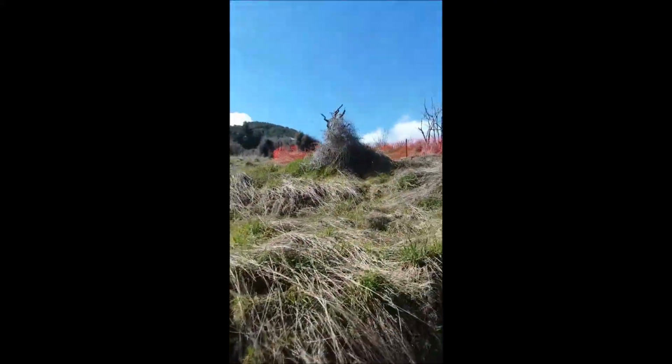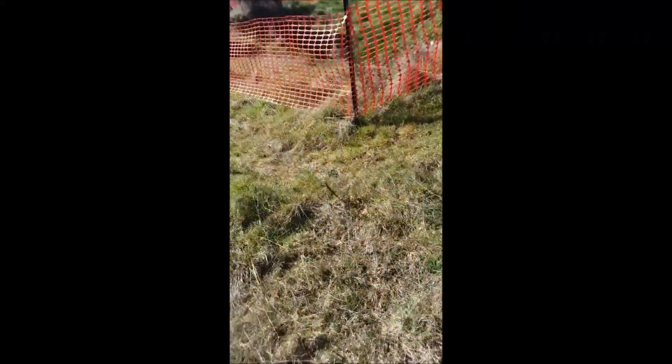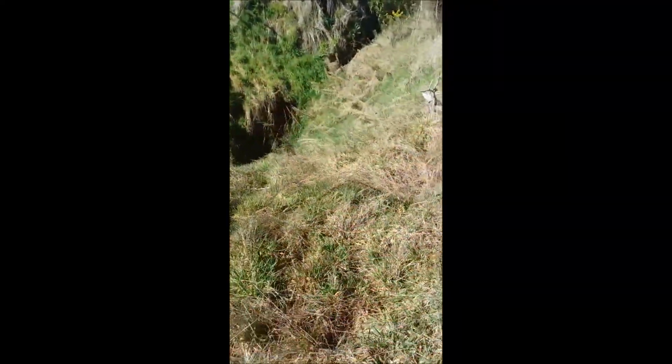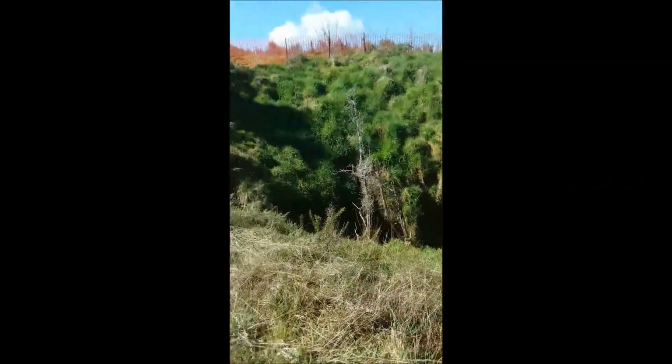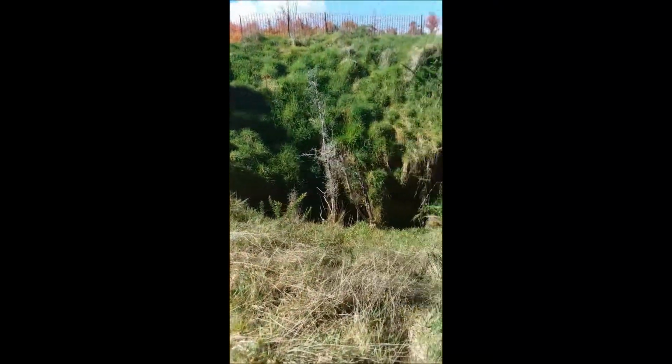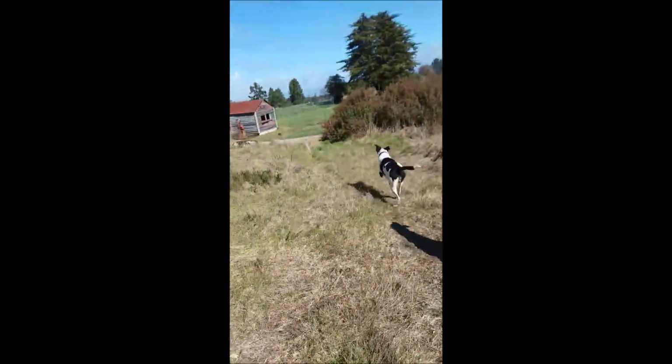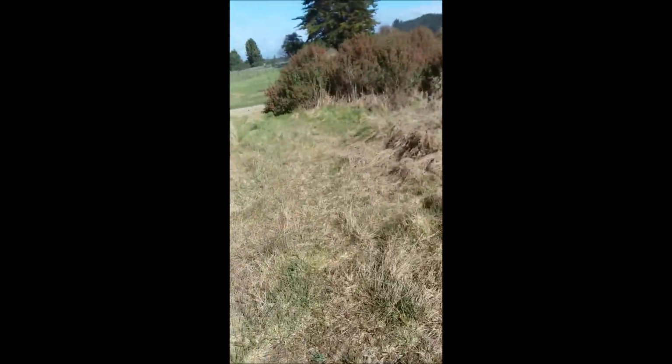There's a little trail that goes off to the side and leads up to this fenced off area, which is another mine shaft. You want to call the dogs, please? So we've got a very big shaft in here. The whole thing's one great big hole. So for the dog's safety, since we've got 4 very boisterous dogs with us today, we're going to be leaving